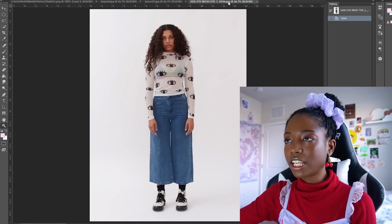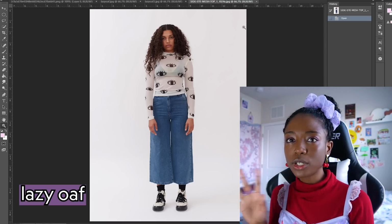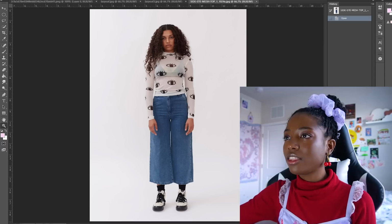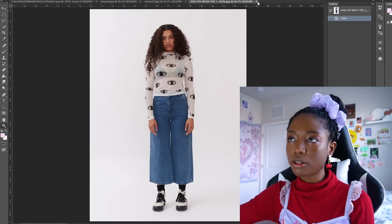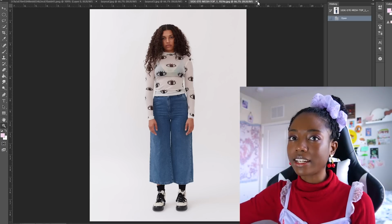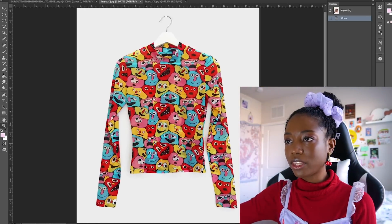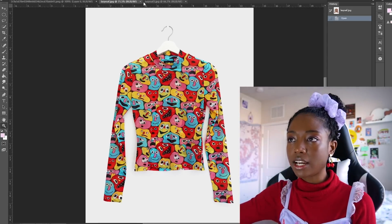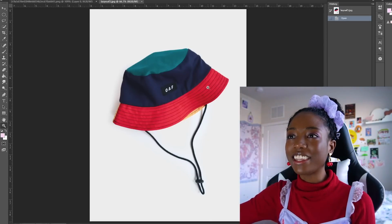I also started looking at Lazy Oaf. I think a lot of their stuff is very streetwear while also being a little bit weird girl, which is how I imagine Musa. This kind of top with maybe one of the jeans that we saw before, or a plaid tennis skirt, something like that. Also, this is a little bit within her color palette, the reds and pinks and blues especially. I just imagine Musa as kind of a weird girl,